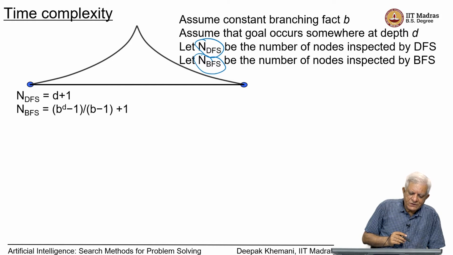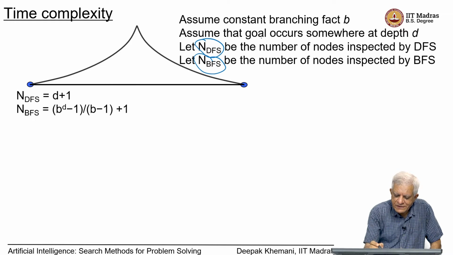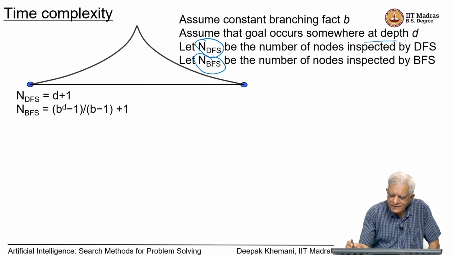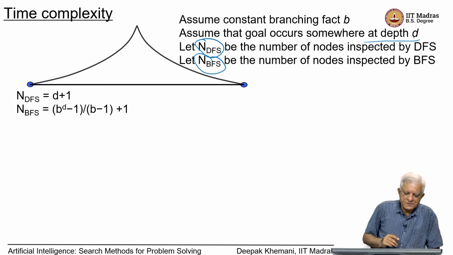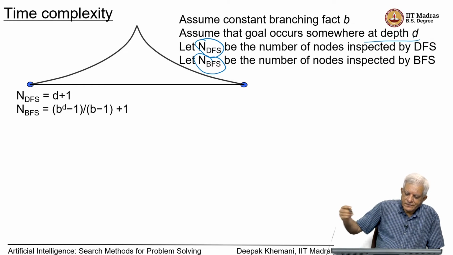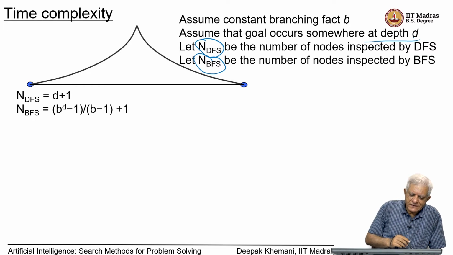We have assumed that the goal occurs somewhere at depth D, this is just for the sake of analysis. If the node occurs at the leftmost edge, then you can see that depth first search would have inspected D nodes, the start node, the node at level 1, level 2 and so on up to level D. Whereas, breadth first search would have inspected this entire tree